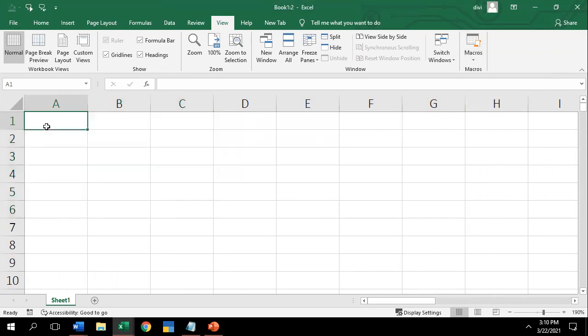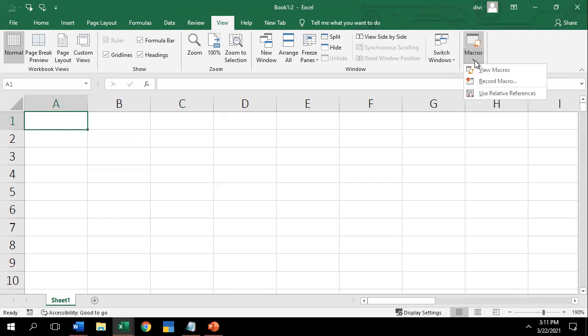What is a macro? It's nothing but recording. What is recording? Whatever data you fill in is going to be recorded. Just as we record audio or video, the same thing can be done in a cell. Whatever data you write can be recorded through a macro. You can see, check the view tab to record or pause the macro.